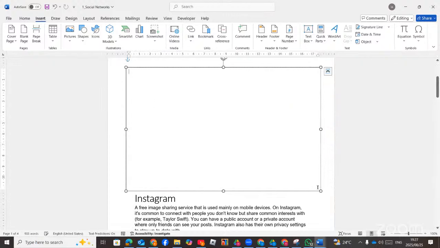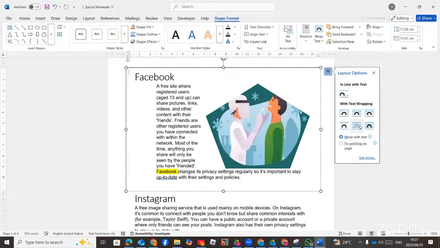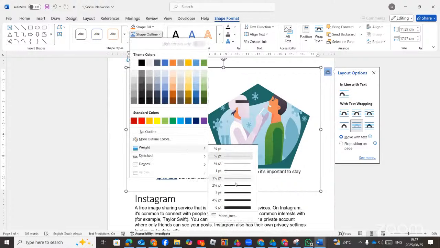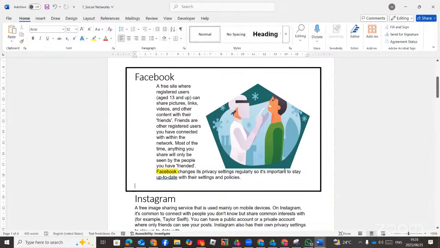Now, when you draw this, it covers the text and the images. So what you need to do is change the layout option to behind text, so that this text box will be behind and this one will be there. And then you can change, let's say if they want the border of it, the shape outline, the weight to 3pt. They can ask you that type of question also. So you must watch this type of questions whereby they put a border